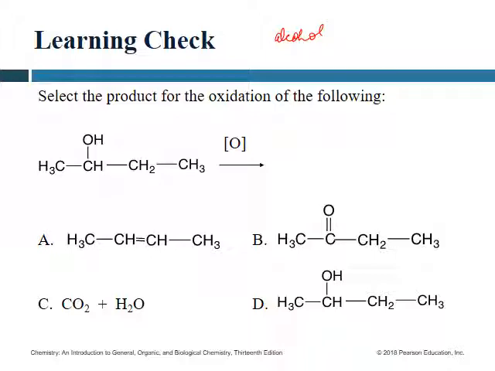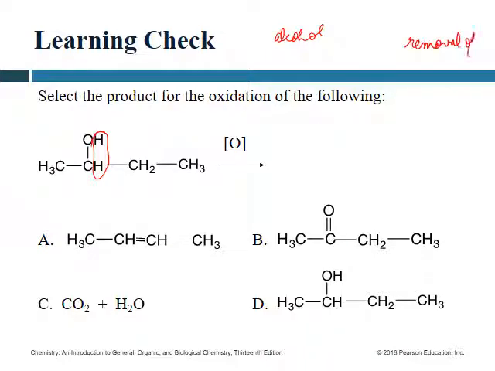We have seen this reaction in the previous chapter. Alcohols will oxidize by removing the hydrogens. So this hydrogen and the adjacent carbon's hydrogen will be lost,